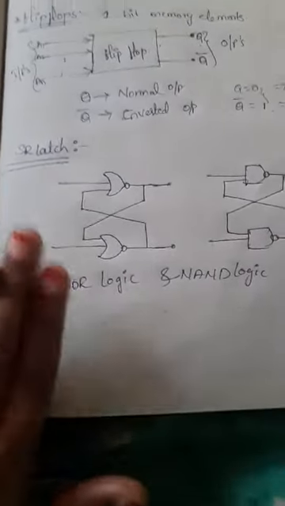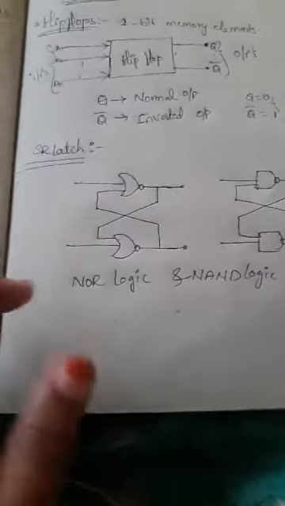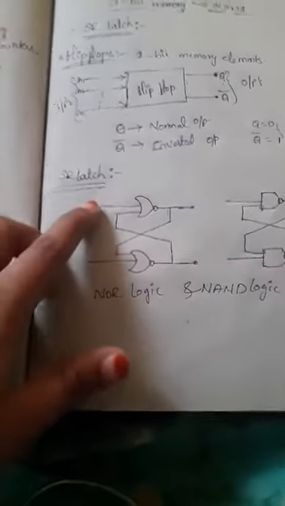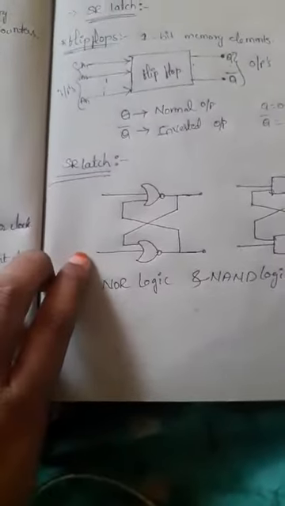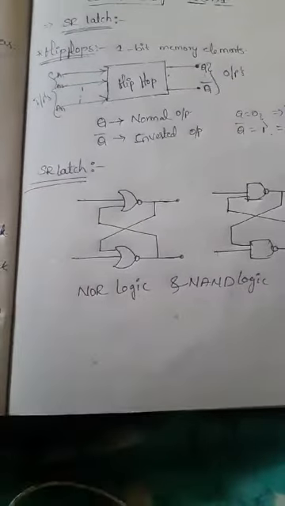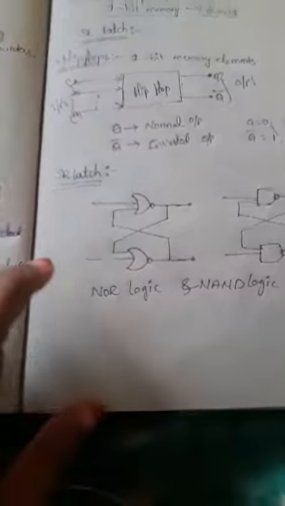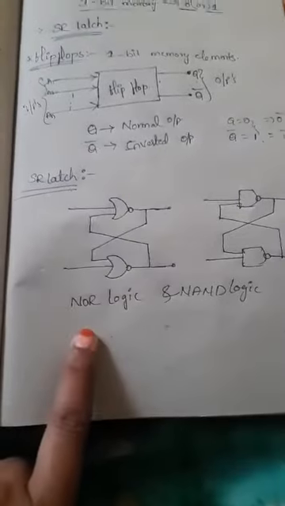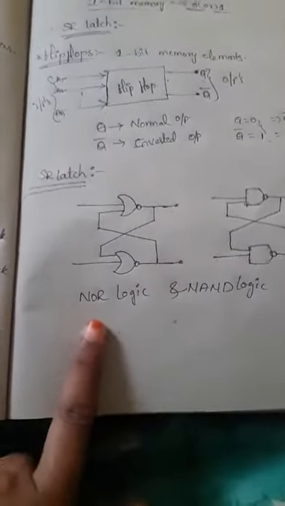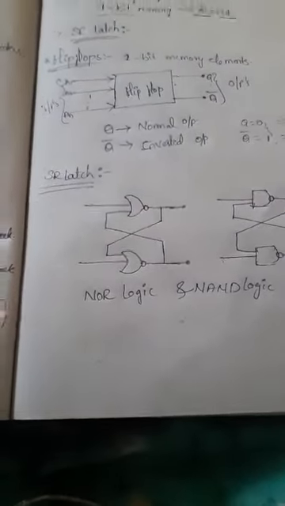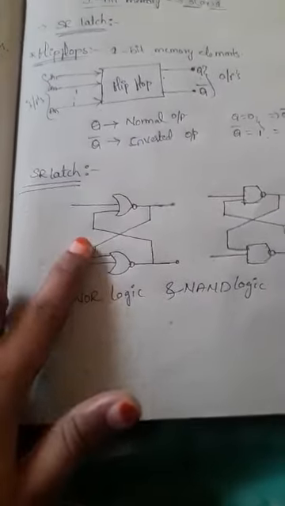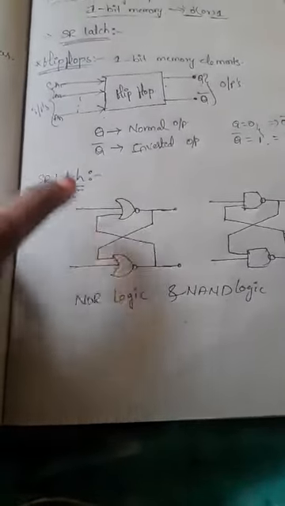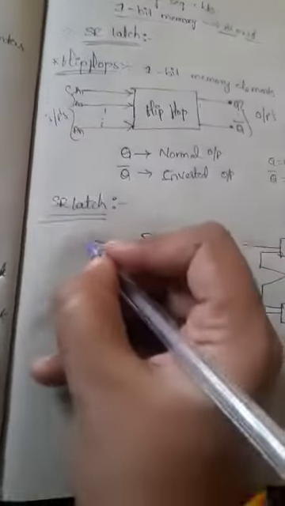Okay, so all of you keep in mind, when you are taking latches or flip-flops using NOR gates, you definitely take R first and S next. So you should keep in mind what I am saying here: when you are going to design an SR latch, or an SR flip-flop also, with the help of NOR logic, in the two inputs S and R, R will be the first and S will be the next.